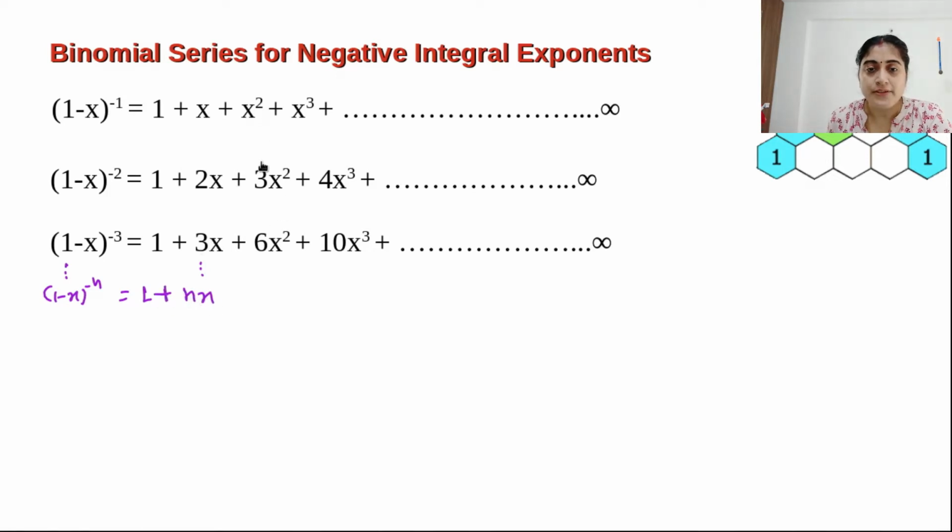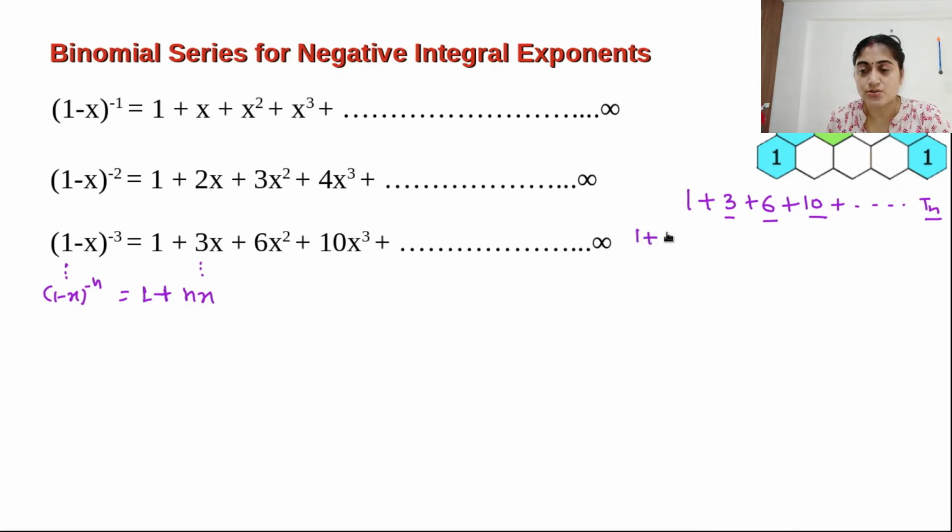Okay. Now let's see the x square term. If I solve this separately, it looks like 1 plus 3 plus 6, the next term will come like 10, like this. It keeps on increasing. Suppose up to some tn, the nth term. So how is it looking? Here the second term is 3, third term is 6, fourth term is 10. What will be the nth term?